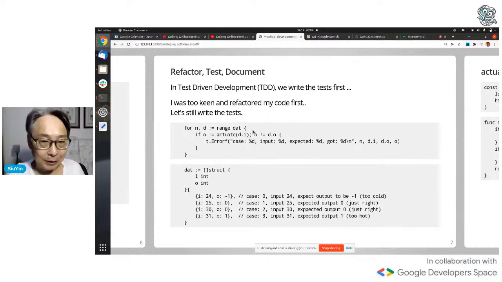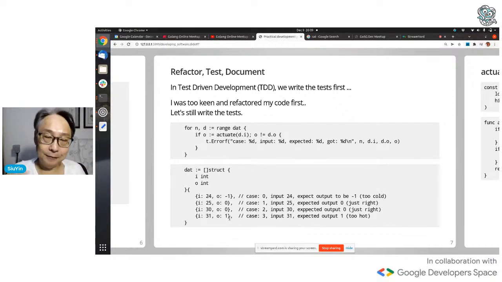The test code may not look very readable because of all this gobbledygook here, but look, the test struct, the test data is very readable, right? If input is 24, output is -1. If it's 25, it's just right, output is 0, etc. This now is so readable, right? And that's acceptable test code for Go.